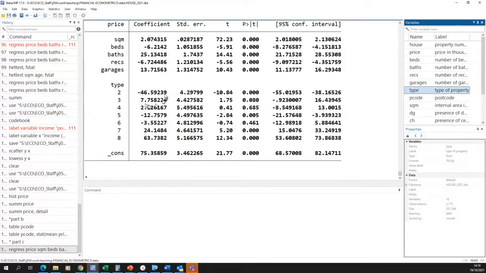What we see here is that, let's look at the last one, type 8. Type 8 is detached houses. A detached house is worth £63,000 more than a type 1. A type 1 is an empty plot of land. So when you're interpreting these numbers, you have to compare them with the base case, which is the missing type,